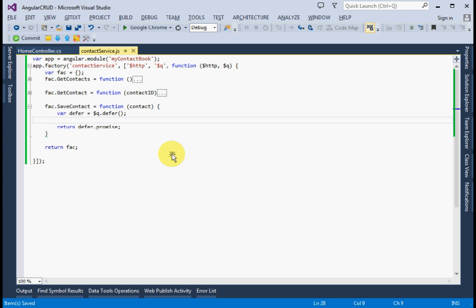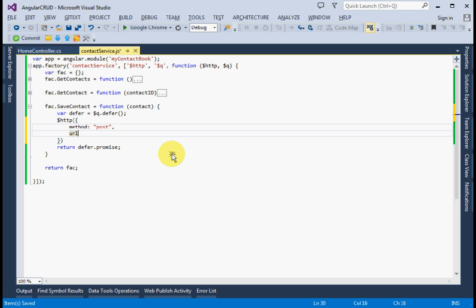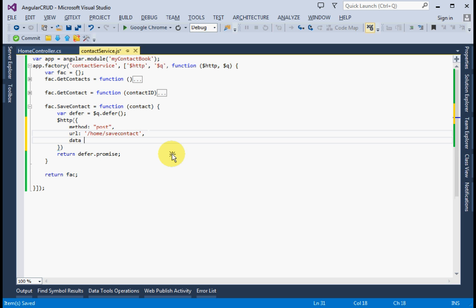As we have decorated the MVC action for save contact with HTTP post attribute, here we have to use HTTP service with post method. So our method name should be post, then URL, home controller save contact action, then I need to pass our contact object,